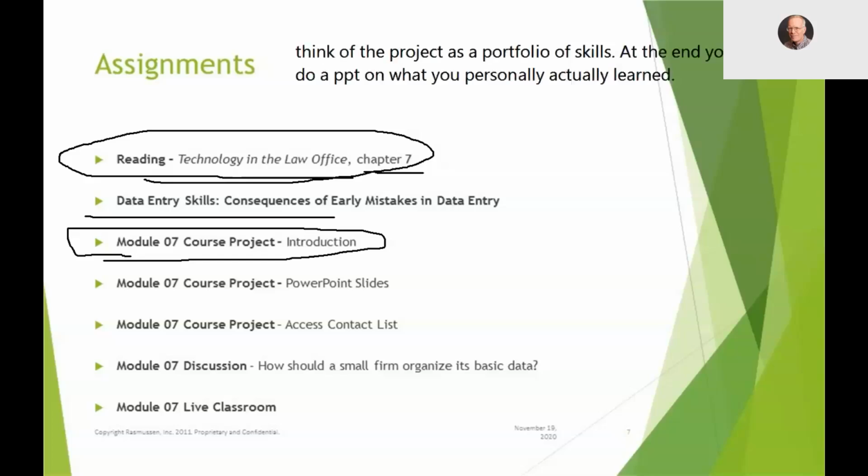In the past, a lot of students really got that wrong because they thought they were just supposed to report again on what each portion of the project was about, and everything labeled project basically is part of the project. So PowerPoint slides is not the same as the Access contact list. So it's not a unified project that way, but it's a project to basically